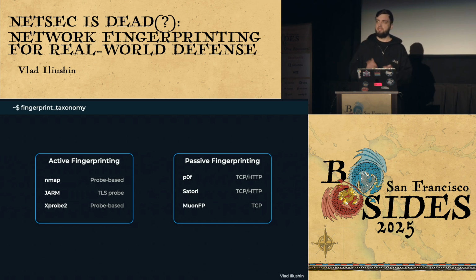With that said, a lot of people like to talk about taxonomy, so let's go over the taxonomy of network fingerprints. One way we can put fingerprinting in two different buckets is to describe them as active fingerprinting and passive fingerprinting. Active fingerprinting is where you create some sort of new connection, you introduce new traffic into the system, and you create fingerprints based on some replies. One of the most popular ones would be Nmap and its OS discovery.